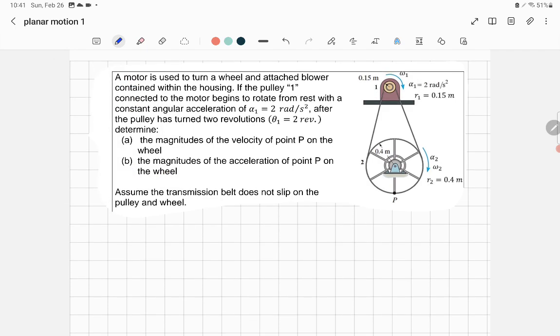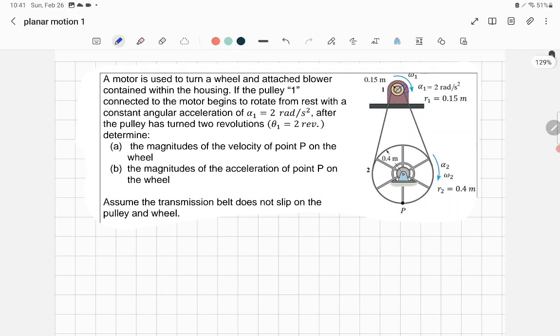Okay, so in this example, we have an electric motor here, and it's used to turn a wheel. This motor is going to turn on this wheel, rotate this wheel in this direction, and the attached plug is going to also work. That's contained within housing. We have pulley one here, connected to the motor,